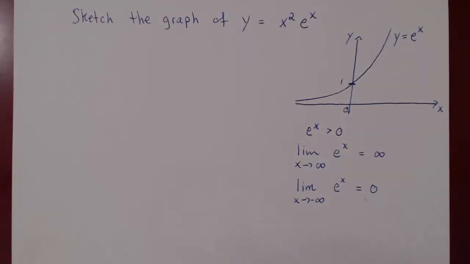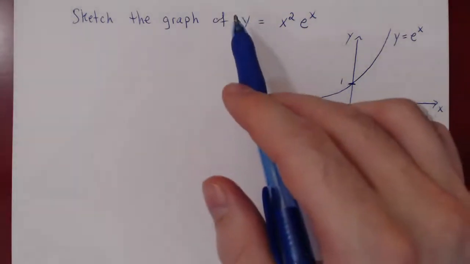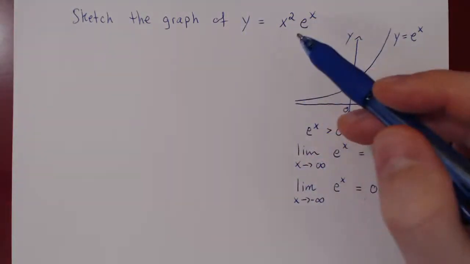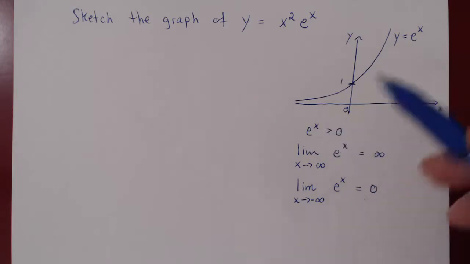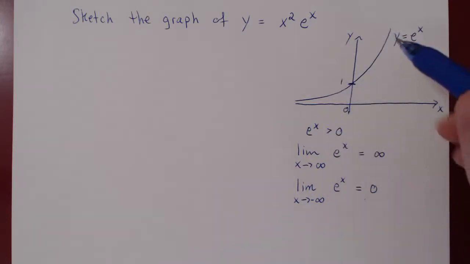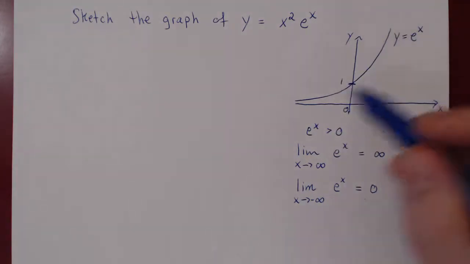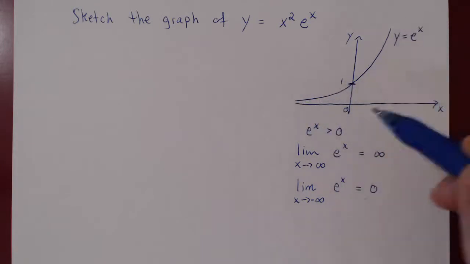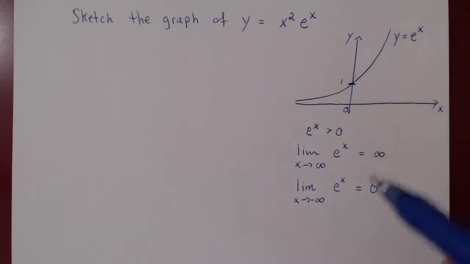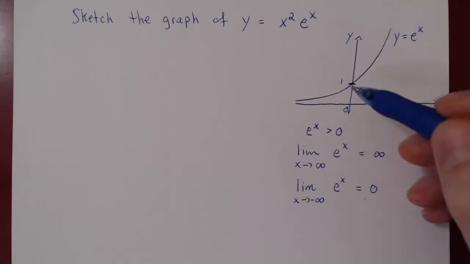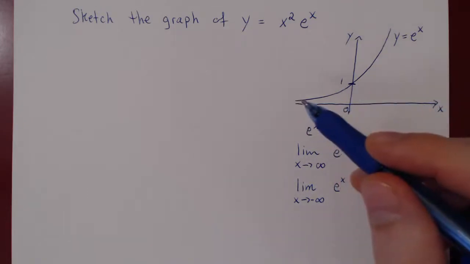Okay, so in this video, we are going to sketch a graph of the function y equals x squared times e to the x. Remember the graph of the simpler function y equals e to the x? The graph looks something like this, because e is roughly 2.71828, e to the 0 is 1, e is always